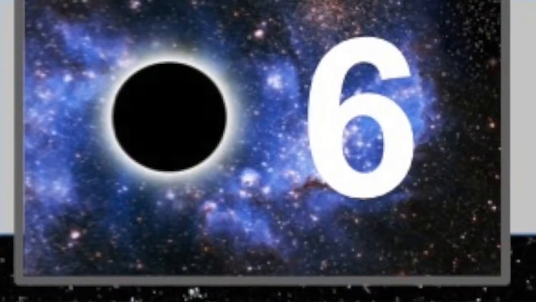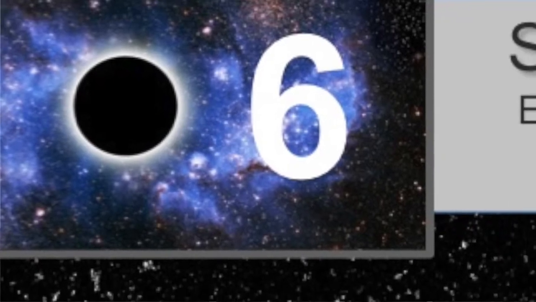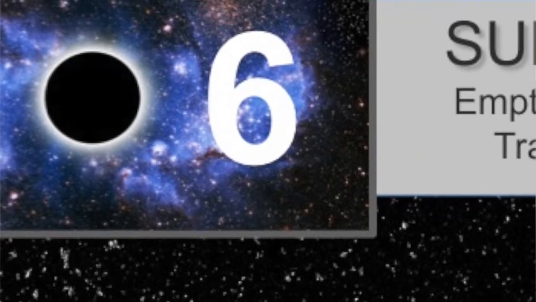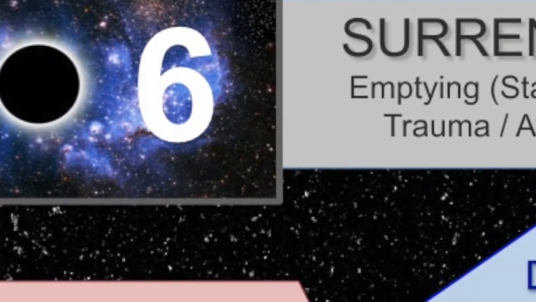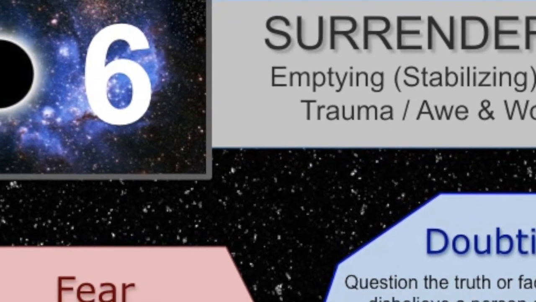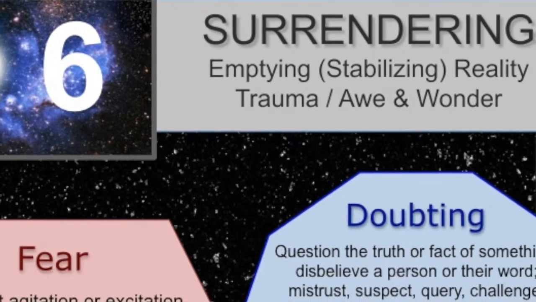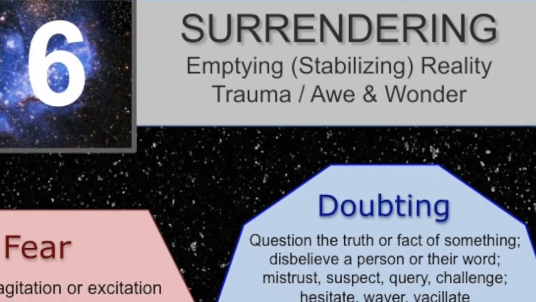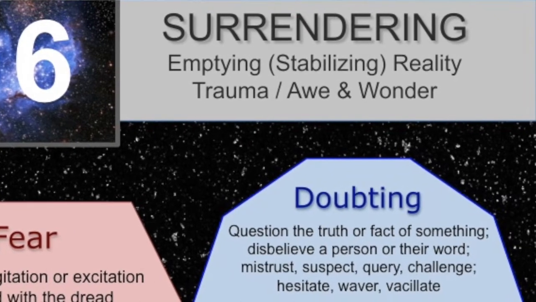Just as whatever approaches the event horizon is getting stretched and distorted, it's our resistance, our closing off to whatever is arising that causes suffering. And yet, surrender can be terrifying. The maddeningly impossible choice between suffering and surrender segues into the first cognitive fixation, doubting. Questioning the truth or fact of something, disbelieving a person or their word, to mistrust, suspect, query, and challenge, to hesitate, waver, and vacillate. The type 6 has an obsession for truth and security and safety, for certainty, and as